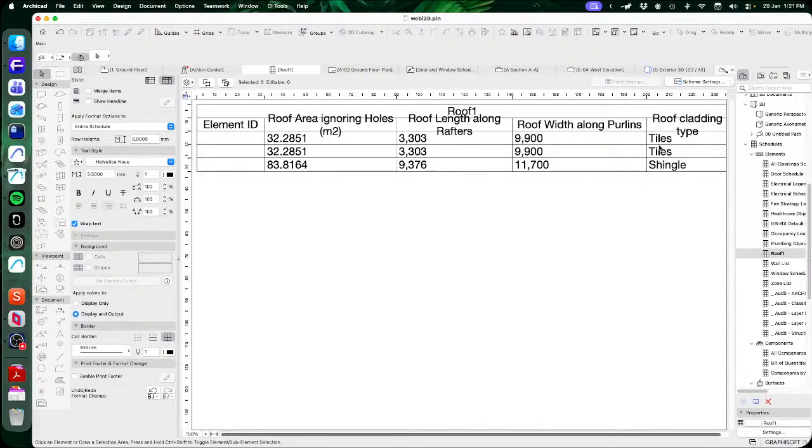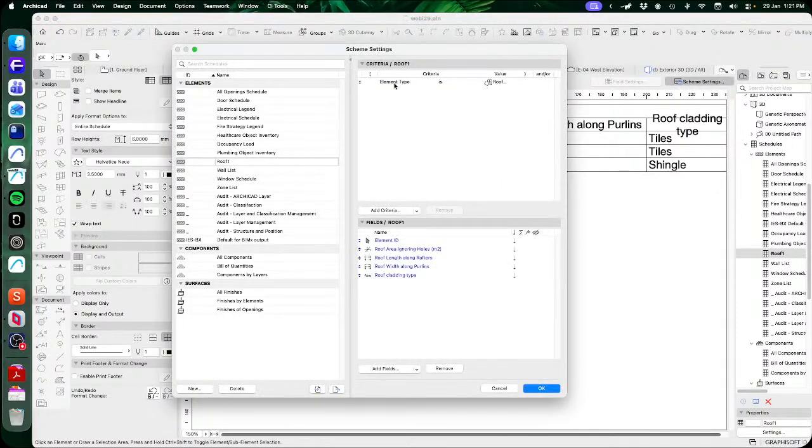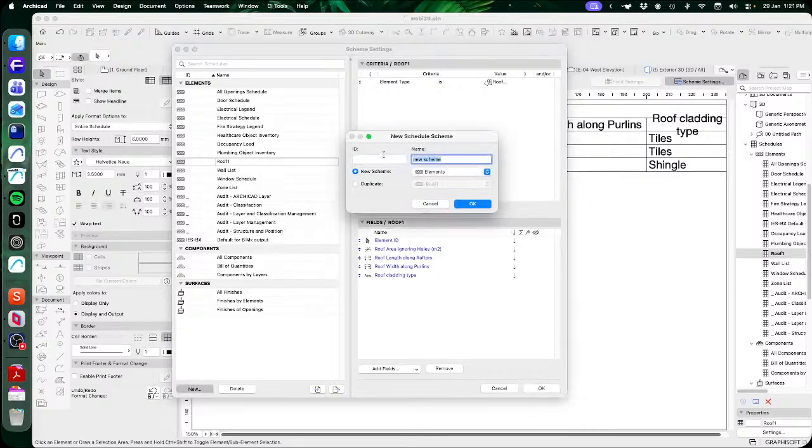So we're using tiles on those two and shingle on this one. And then you see this one has different values because it's the other roof. So you can get your area values out of the parameters using those. And then we can also do a wall schedule using roughly the same type of thing as well. So if we create the same sort of thing,